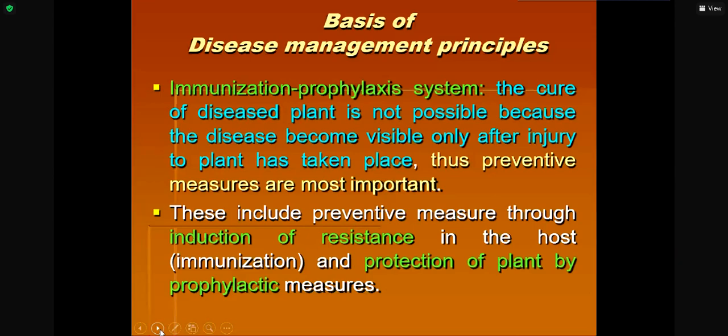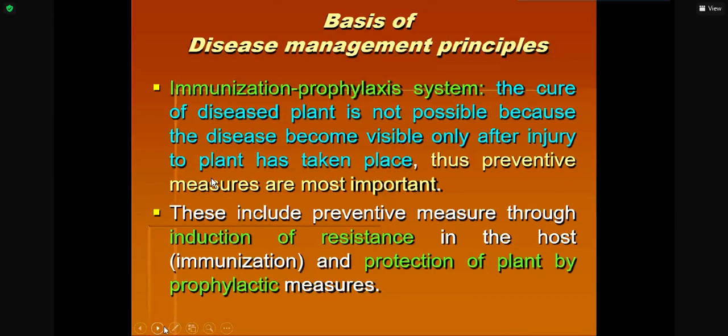is a chance of disease in the field, because the resistant plant is not resistant all the time, all over the area. A plant that is resistant today will be susceptible after 2 years, for example. A resistant plant that is resistant in Bangladesh may be susceptible in India. So in this case, the resistant plant might also be diseased, and we have to take some measures. We call it protection measures by prophylactic